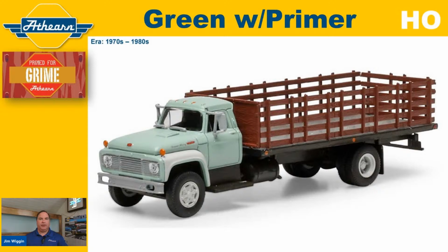So a little bit of history on these. Now the F series has been around since the 1940s for Ford. And in 1968, they came out with this model of the F-850. Pretty classic cab. They kept this cab well into the 70s. So a point of reference for you guys that are modeling, if you're modeling late 1960s, say 1968, all the way through the 1970s, into the 80s, and yes, even in some cases the 90s, and in my case, in rural Illinois, even present day 2025, there's one of these in